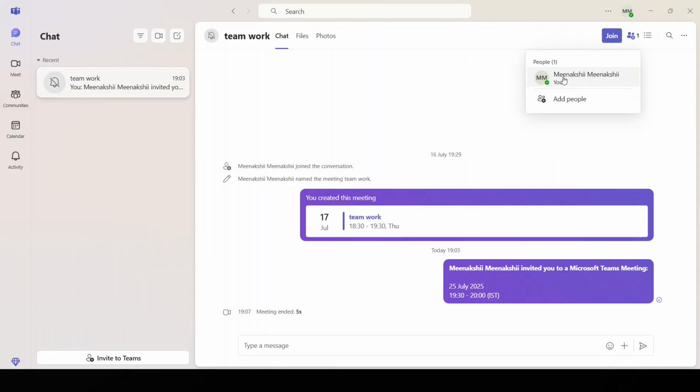Select this option. At this point, Microsoft Teams might prompt a confirmation dialog, just to ensure that you really intend to block the person. It's always good to double-check your decision, as blocking isn't usually reversible without some potential consequences or administrative oversight. Once you confirm your choice, the contact. This means you will no longer